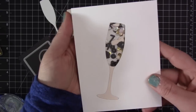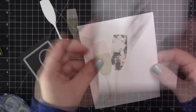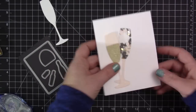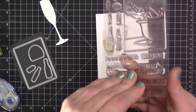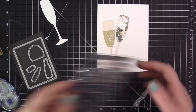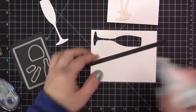I absolutely love this. The idea in my head worked out perfectly. Sometimes you get an idea and it doesn't quite do what you think it's going to, but this was one of those times where exactly what I envisioned in my head is what happened, and I love it. I love the numbers in there. I love the little wine glasses. I love that the shaker is in the champagne glass. I just think it's so fun. So I finished that. I figured out where the second champagne glass is going to go,